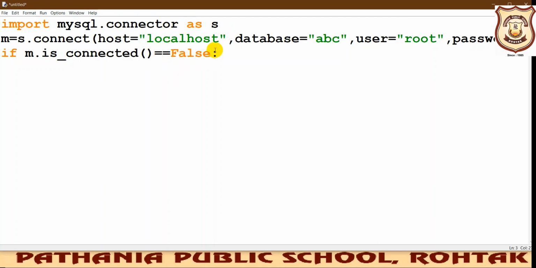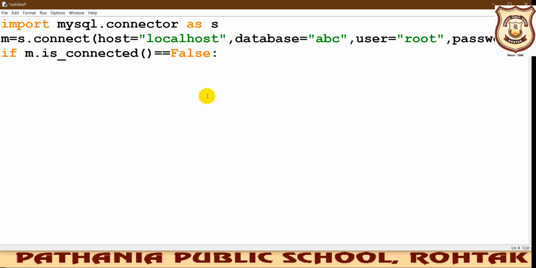And don't forget to put this colon at the end of any if statement you have written. You can see the indentation it is taking when you write an if statement. If you forget to write this colon and then press enter, it will not take the indentation by itself, but we want the indentation to come, so we should always remember that this colon has to be put after every if statement.